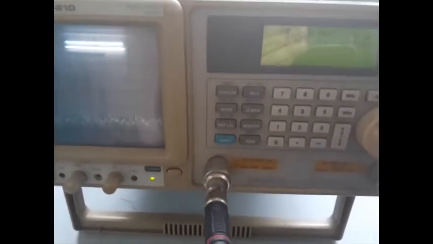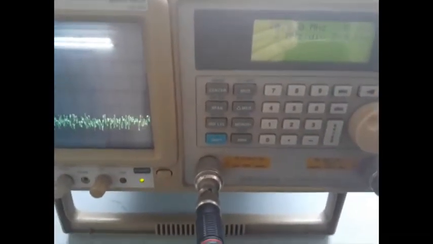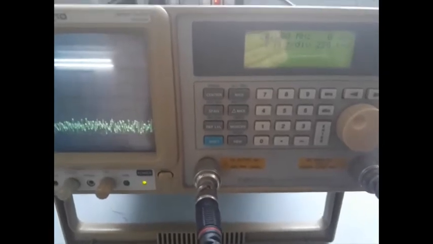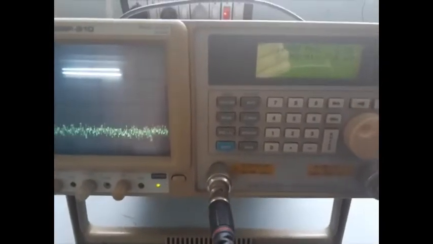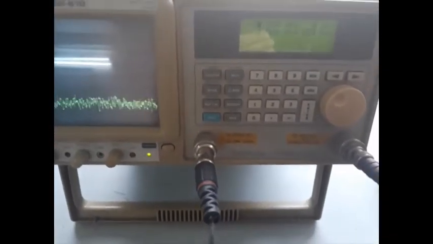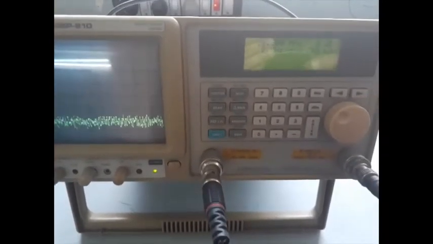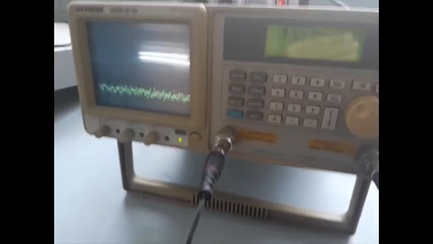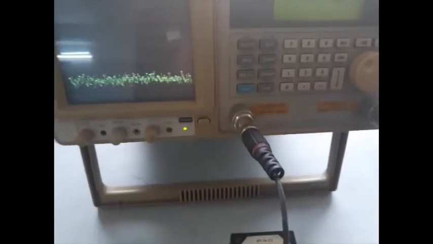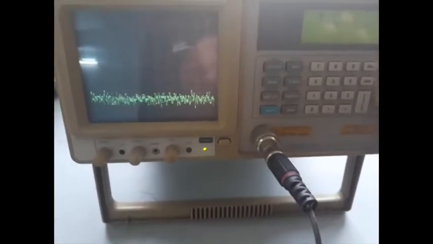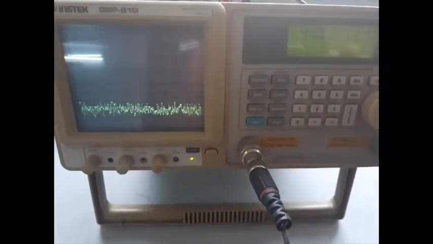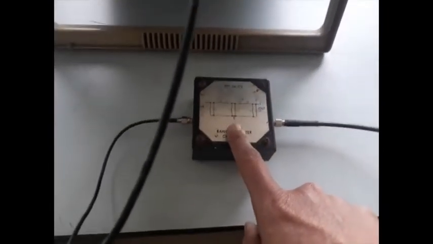I will show you the settings of the spectrum analyzer, because in a previous experiment somebody else might have changed the settings. So you need a proper setup for proper measurement. We are going to measure this filter response up to 1 gigahertz.